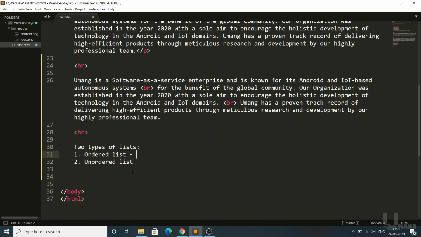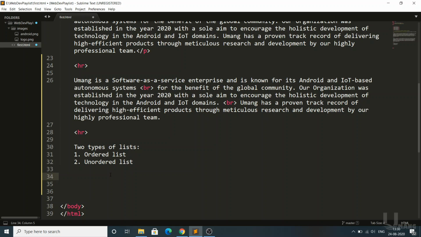Ordered list means, for example, if you add 100 items, automatically the numbers 1 2 3 4 5 6 7 8 9 10 will be generated. But the other list you'll see with dots, squares, like that. Practically I will show you, then you will get a better understanding.